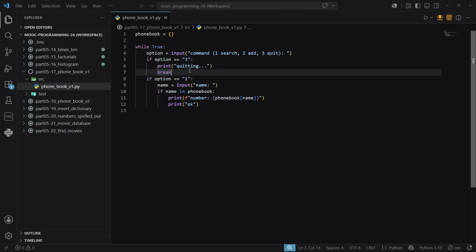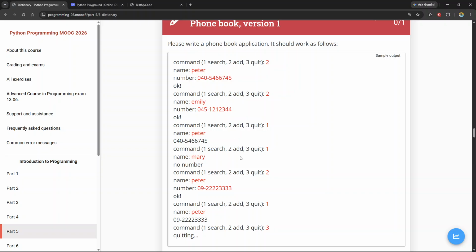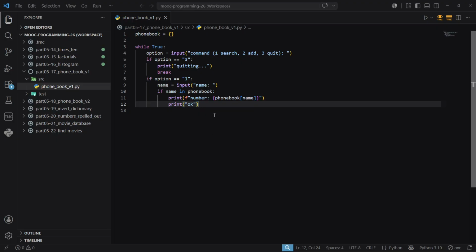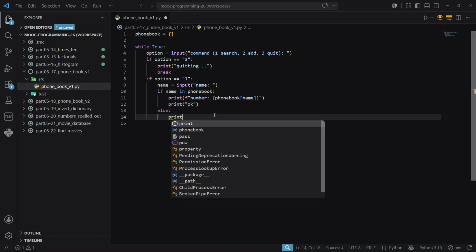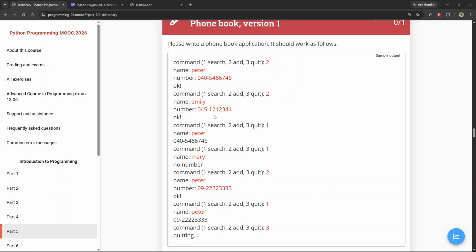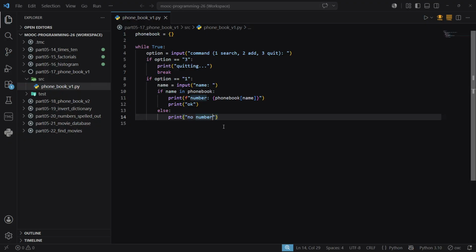And then kick us out of the loop if option is 1. Now it doesn't say, oh, it does say, else print no number. Okay, and then